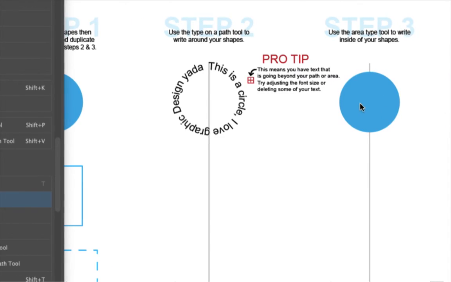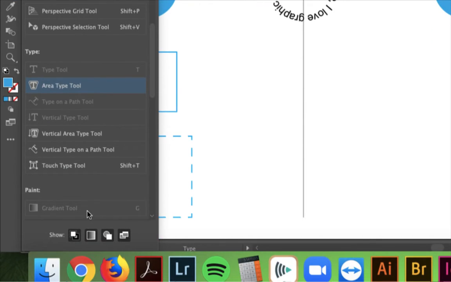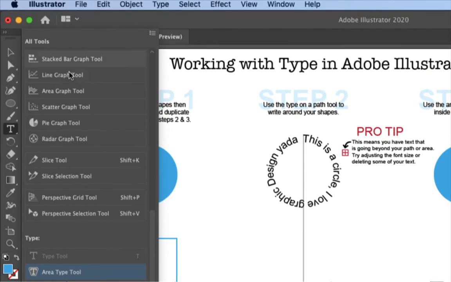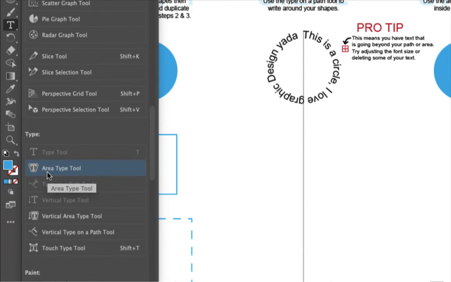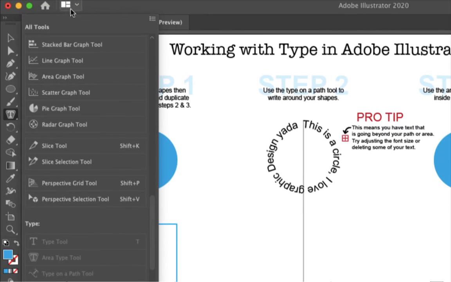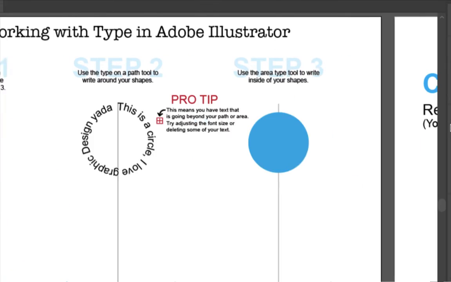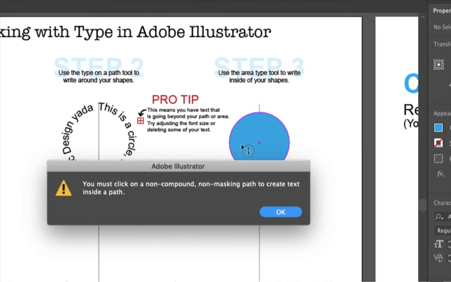So now that I have that, I think it's not an option for me. I should have it there. Yep, I clicked and dragged it onto, I guess you just click and drag it where it's supposed to be. There's my area type tool. So now I can close out of that menu. And now I can click inside of the circle,